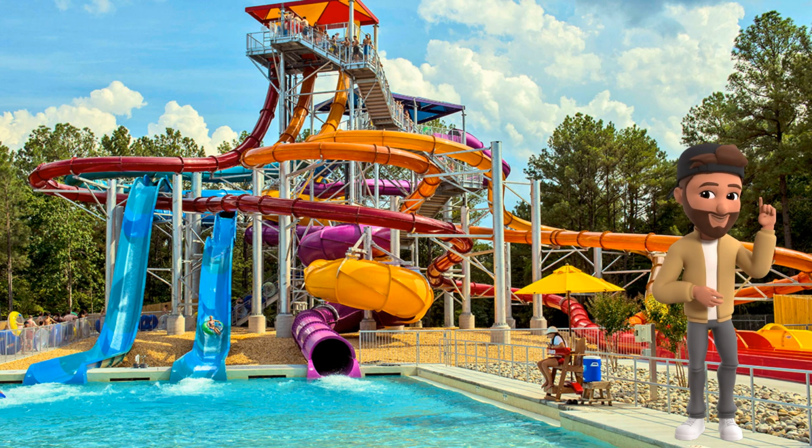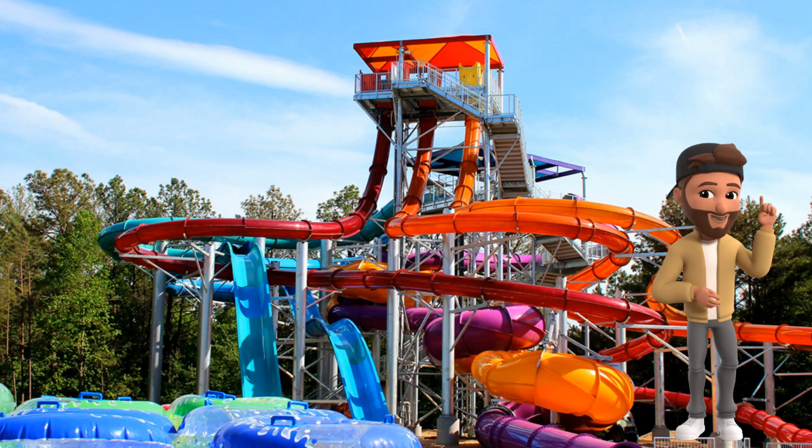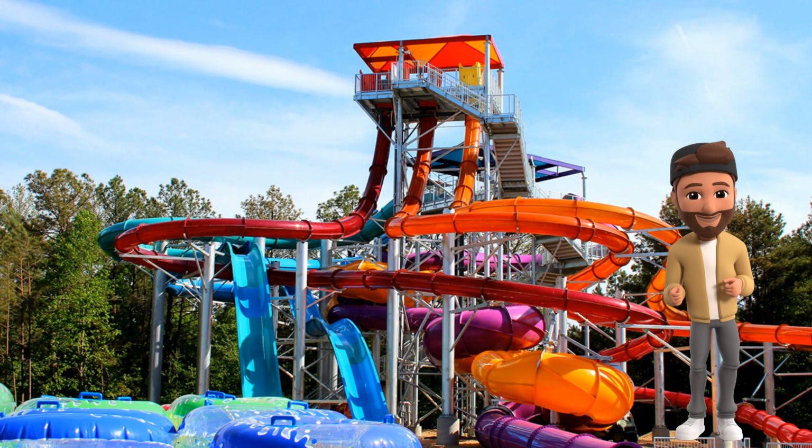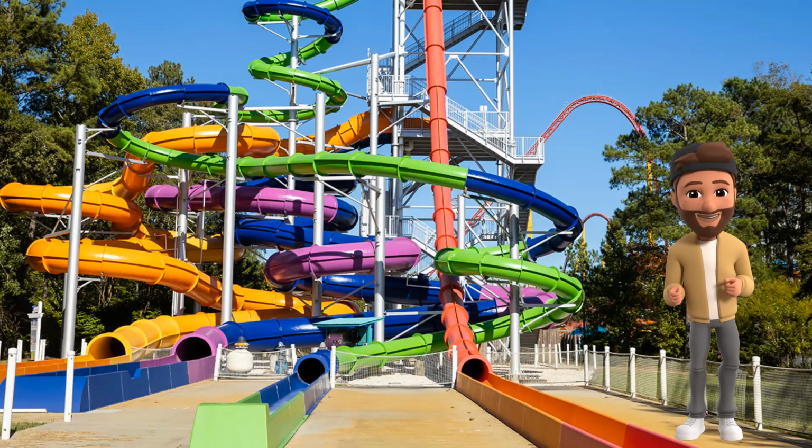Up for some chilling thrills? Climb to the top of the 65-ft tall slide tower, Hurricane Heights, and take the plunge on Paradise Plunge. Grab your friends and slide to the bottom on the Zoom Flume or hang 10 on one of the 4